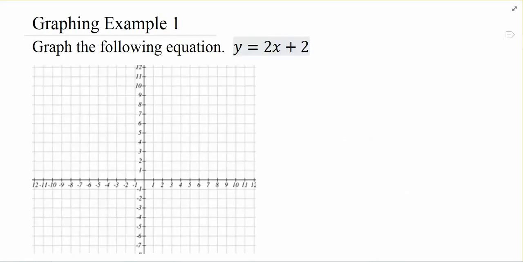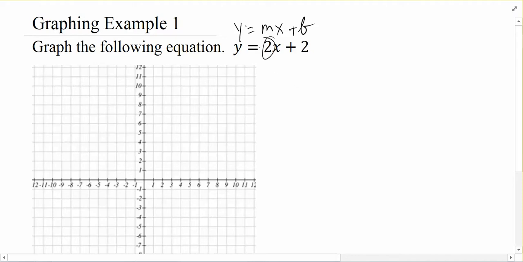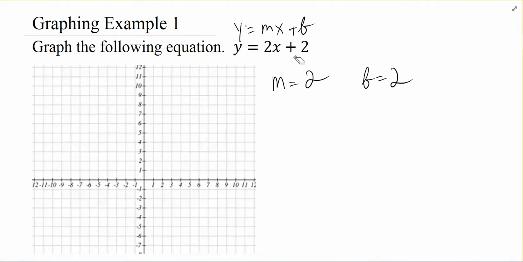The slope-intercept form is great for graphing. So if we're given this equation in y equals mx plus b form, the coefficient of the x is our slope. The number all by itself is the y-intercept. Now, if you remember, in order to graph any line, we need at least 2 ordered pairs, preferably more. This gets us an infinite number of ordered pairs.